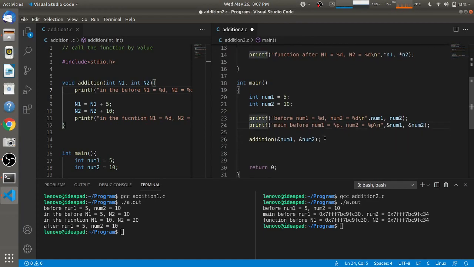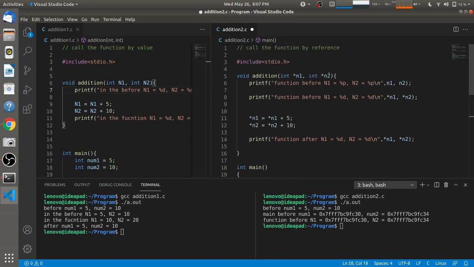So I'll just copy this printf statement and paste it here, and I'll name it as after. So here you see that we are accessing values of num1 and num2, but not n1 and n2.